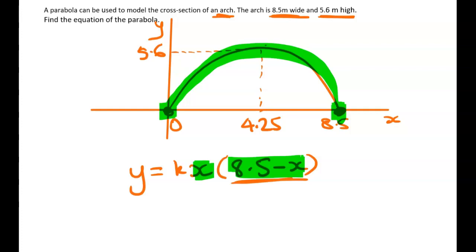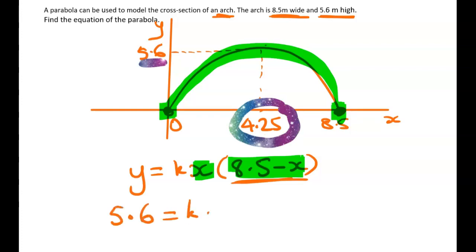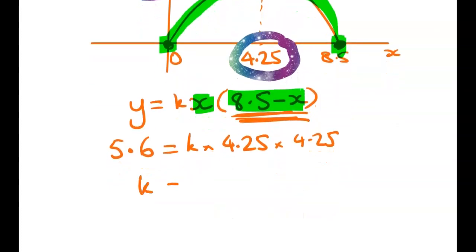The next thing we're going to do is we're going to say, well, we know that at 4.25, we're at the maximum point of 5.6. So we have 5.6 is equal to k times 4.25 times 4.25 again. And that gives me a scale factor in this case. It's a pretty yucky number, but it worked out to be this. So just bung that in your calculator and you get